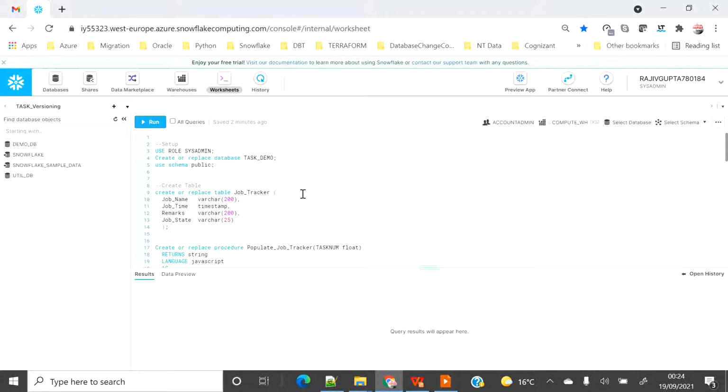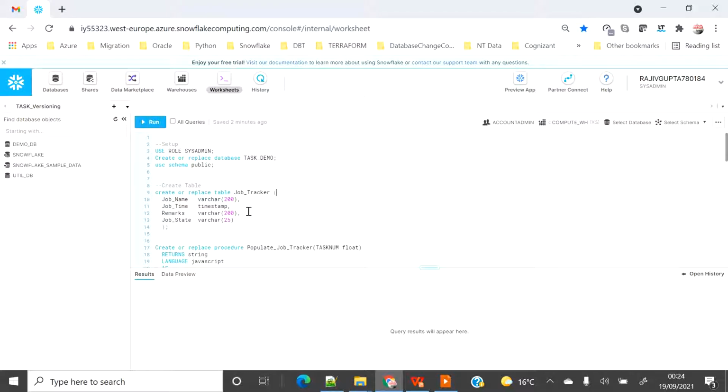But if you want to modify the root task, it will allow you, and just after modification it will suspend the task so that no future run happens automatically. And if you want to run it, you have to resume the root task again to get the reflection of the changes. Let's see this demo, and then I will show you how it differs when you use the same concept with the procedure.